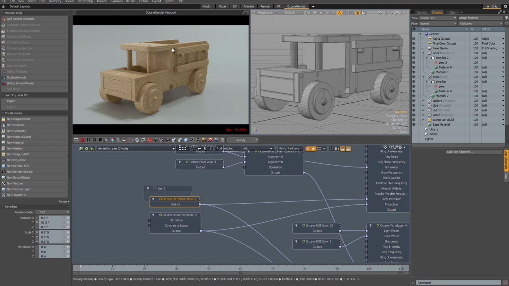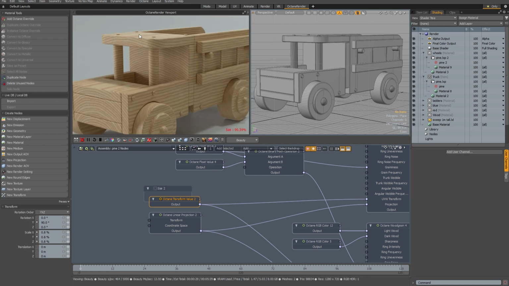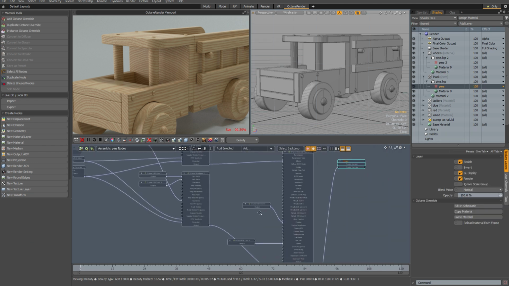You can change other parameters as well. I'm going to zoom in on the render a little bit. You can see there's a little bit of what's called a retro reflection on this wood here. This is an unvarnished wood, so it's meant to look quite rough. If I select the truck wood once again, and let's zoom out, take a look at the main material